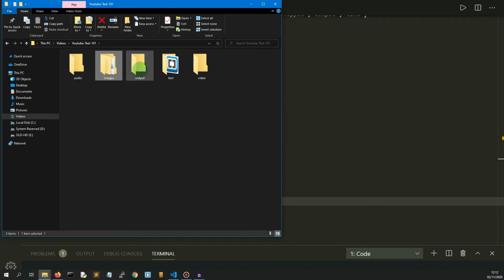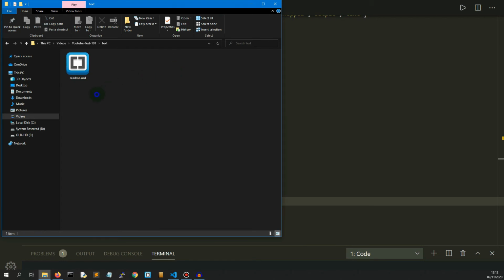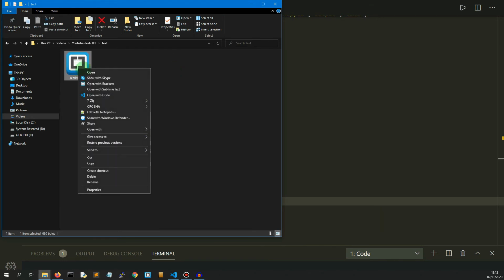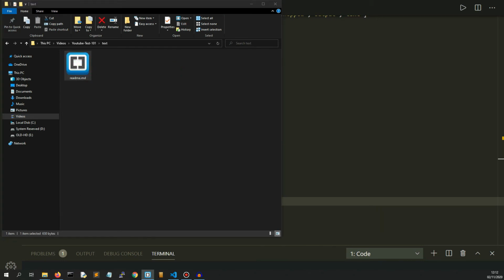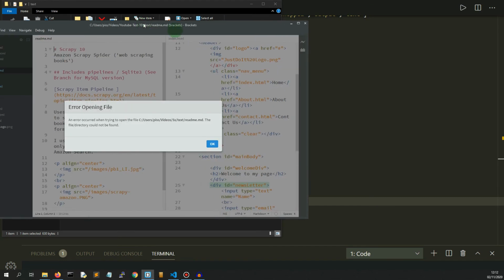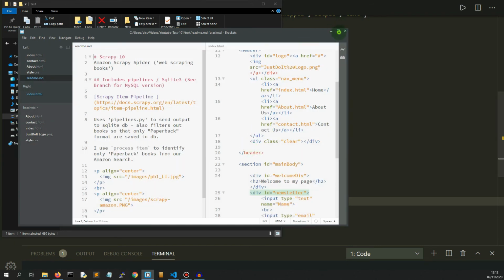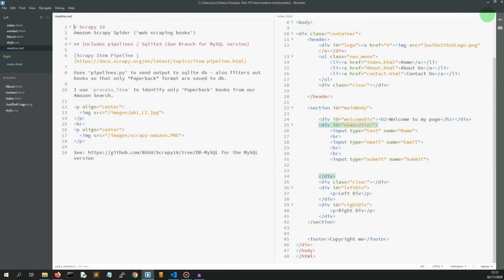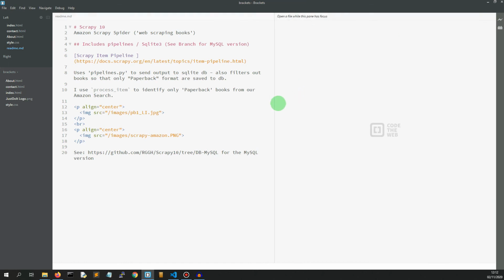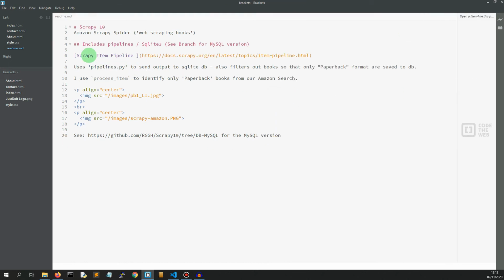And inside there we have audio, images, output, text and video. So inside text, we've got readme.md. And if we open up that, I don't know what that error message was, I really don't. And we don't see that. So we've got our readme.md,